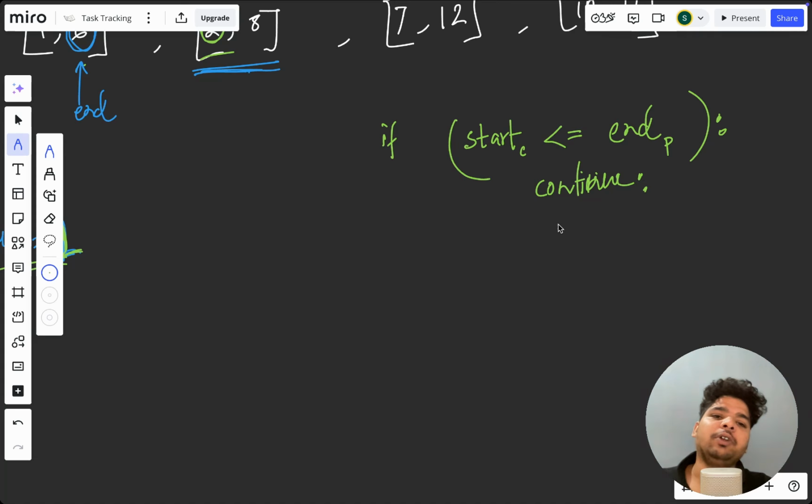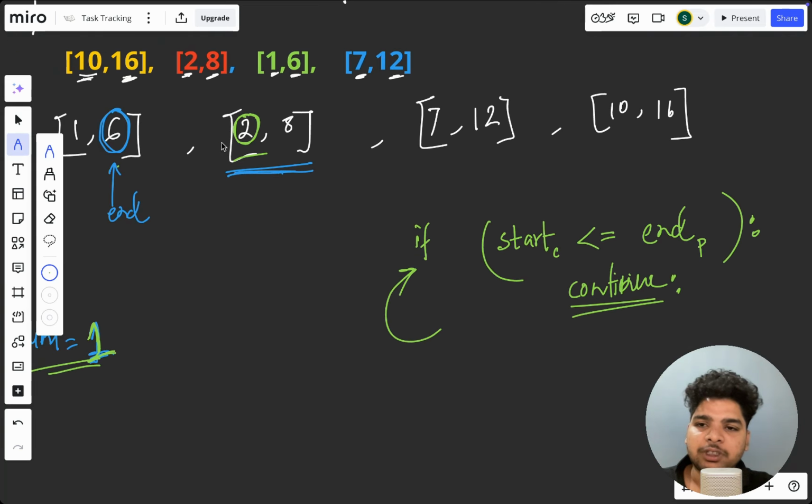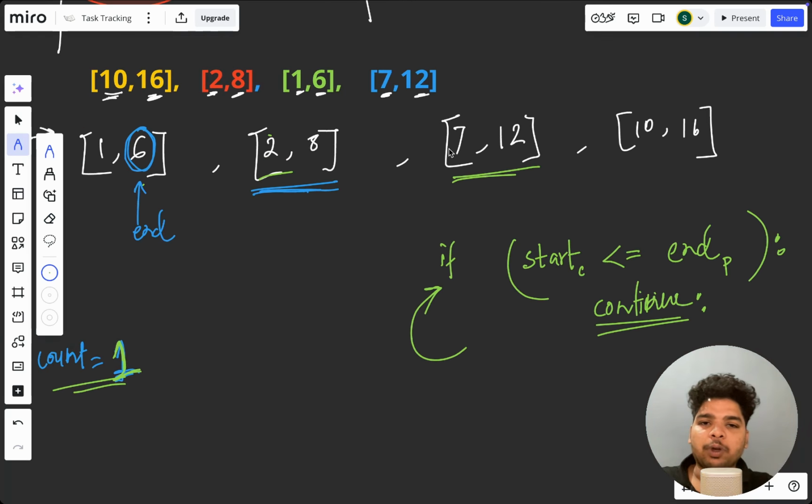We'll not do anything and we'll go back to the next iteration. So the same balloon, same arrow can do the job. Then what we'll do, again we'll be going to the next element. Here also we'll be checking the same thing,